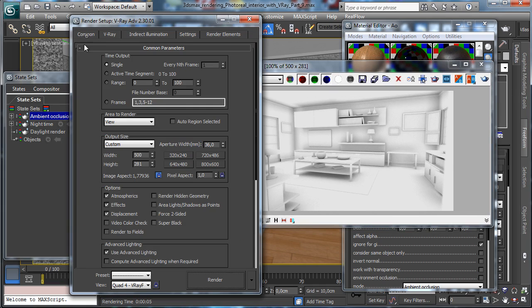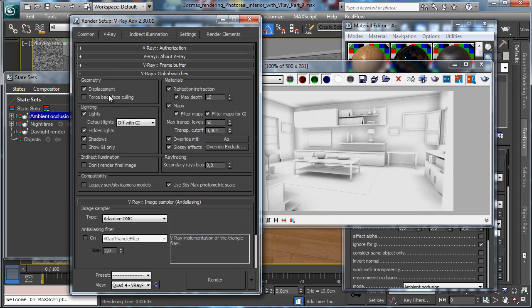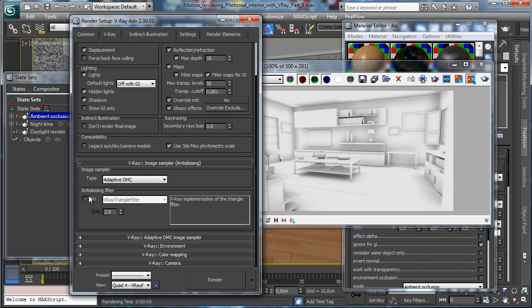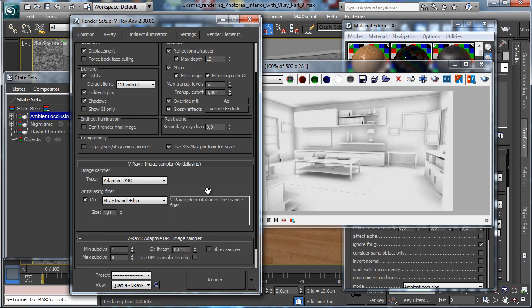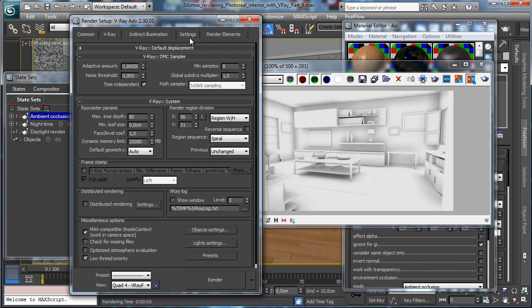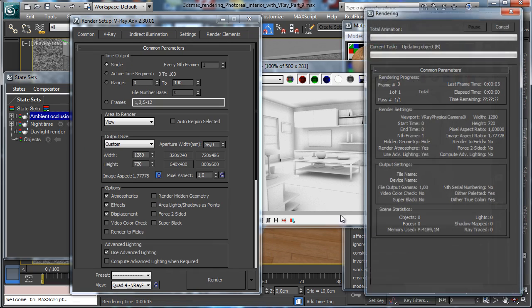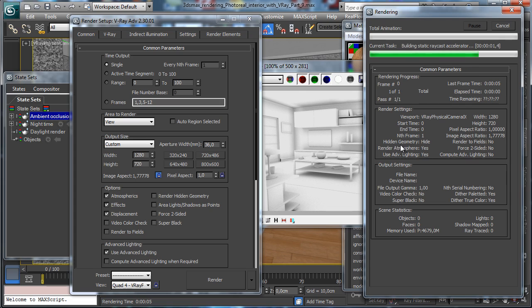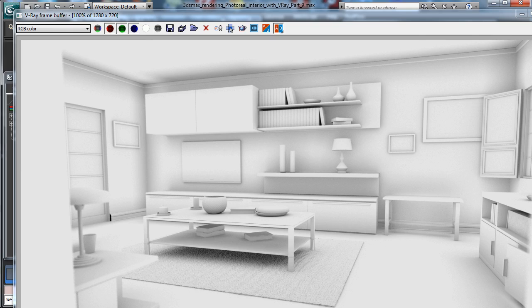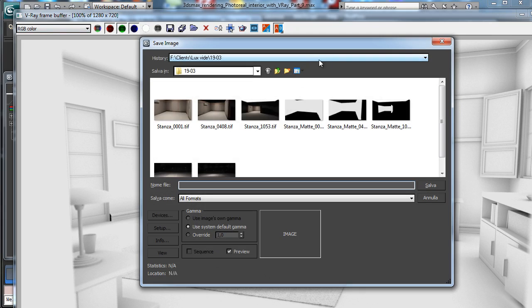So this one can be rendered, let's say 1208. We don't use some render passes because the project is really simple. Let's use the displacement, and we need the anti-alias, and that's all. Let's render. So this one is the first pass we are preparing. Okay, this one is ready, as you can see, so we can render it,